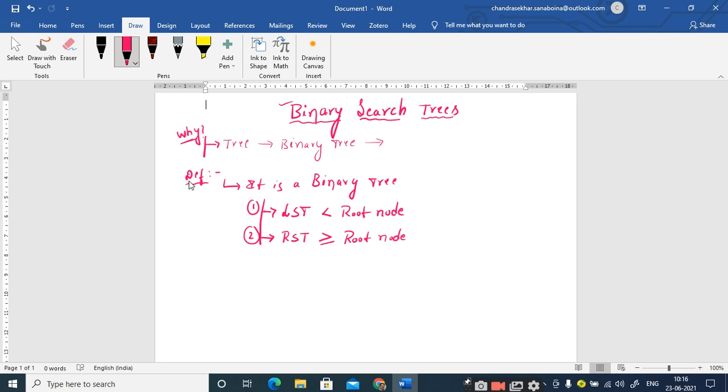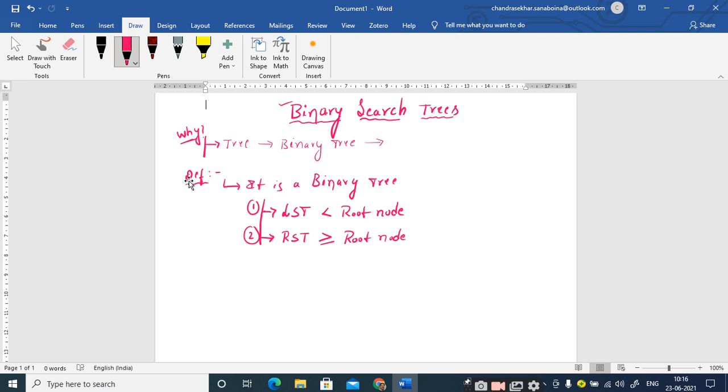Similarly, in binary search trees, and even if you go for graphs, you will be implementing the graphs using linked lists also, right? We have some other representations, but most of the other data structures can be implemented by linked lists. So remember that the main and very important concept in the entire data structures subject is the linked list.